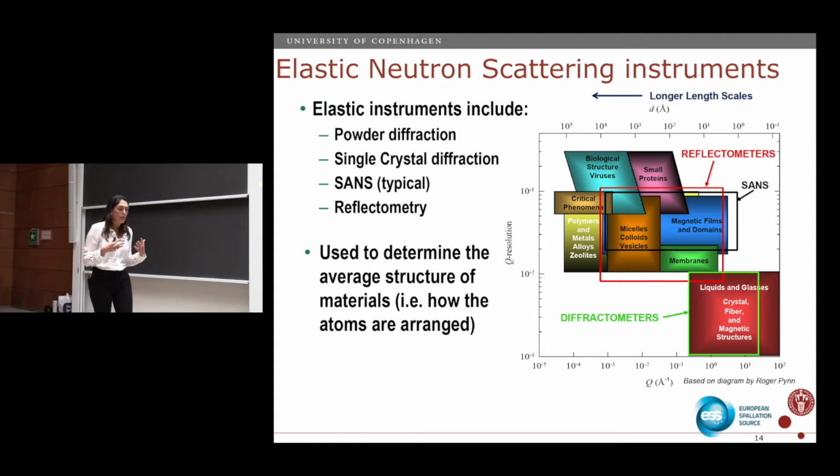So when we put in a map together what we can do with elastic neutron scattering, there is not one single measurement. There are many different problems that we can look at. That is great, but at the same time it's a curse, because we do not have really only one single problem.